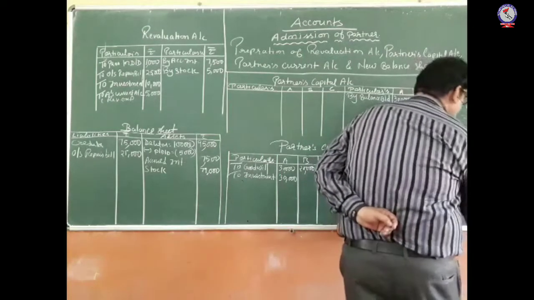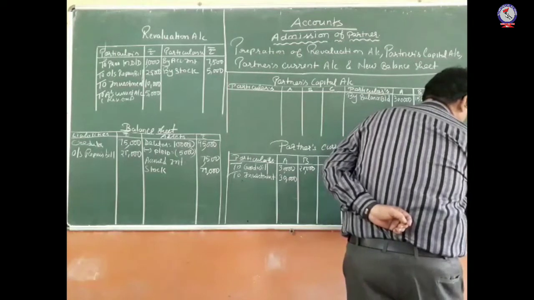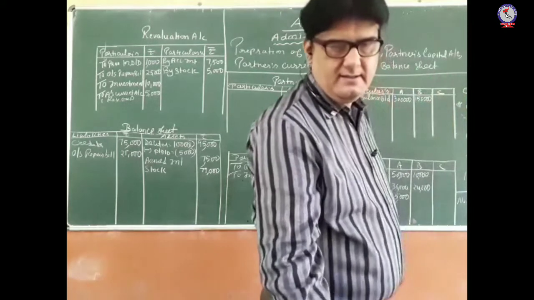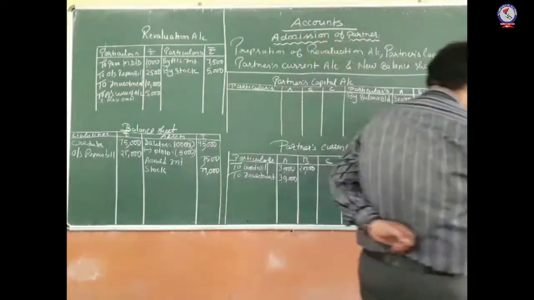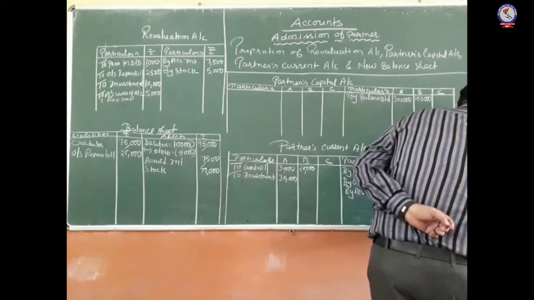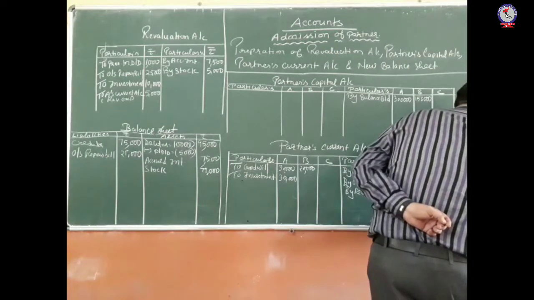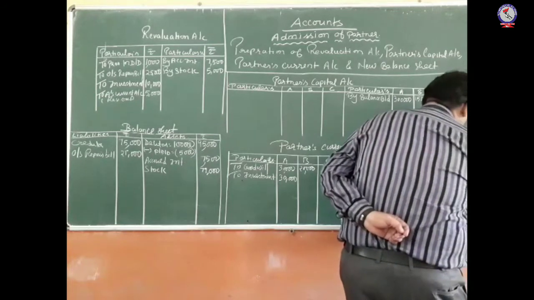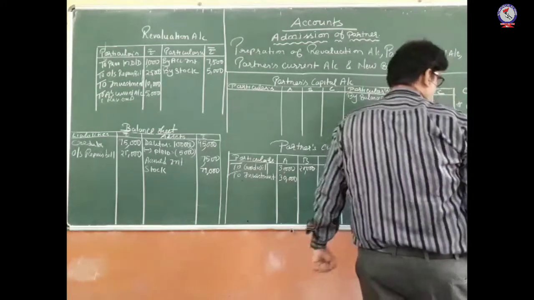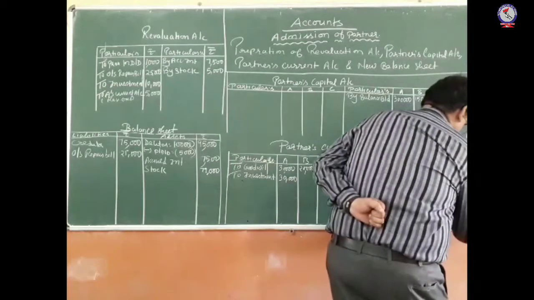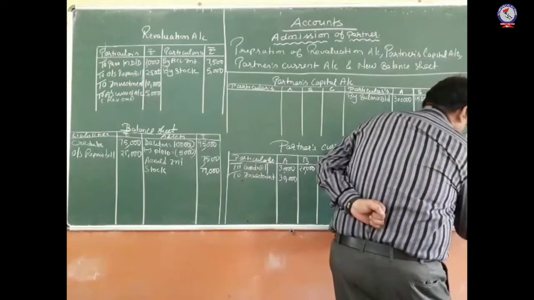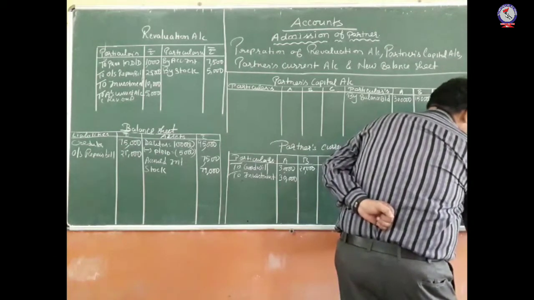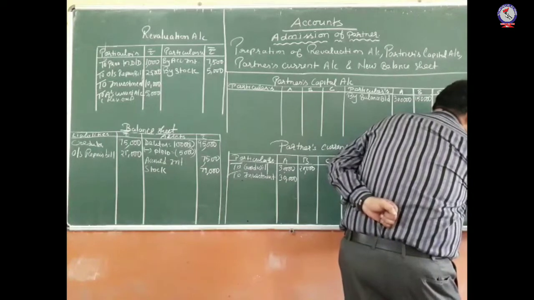The profit of all the years, 1,50,000 plus 130 plus 125, divided by 3. So this will become 405,000 upon 3. So the average profit is